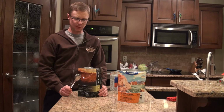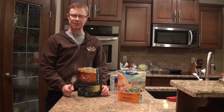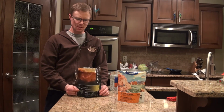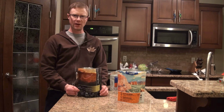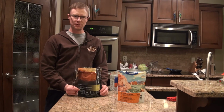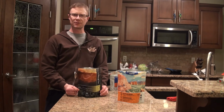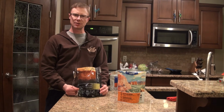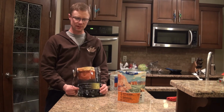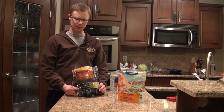All right, now I've had real chicken gumbo in Louisiana. This tastes nothing like it. This tastes very, very bland when you put it in your mouth, and after you swallow this stuff, you get an aftertaste of that Cajun spice. But I mean, this is actually kind of disappointing. This I thought was going to have the most potential. Definitely it's the most colorful with the vegetables and things, but